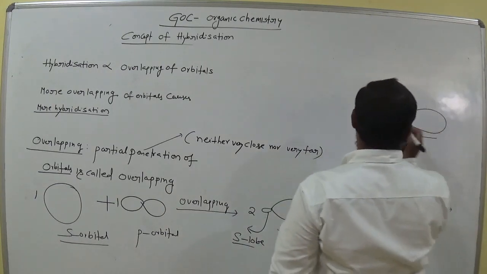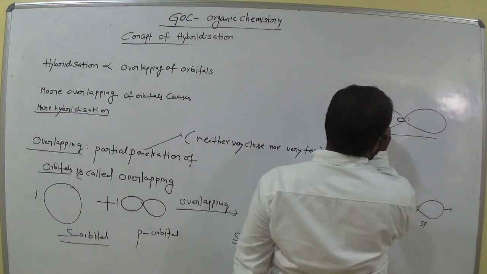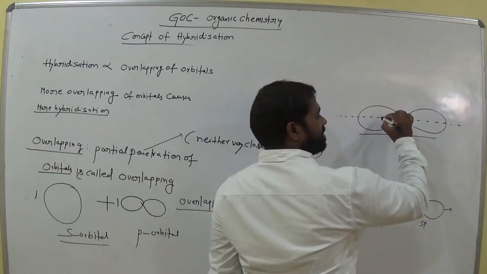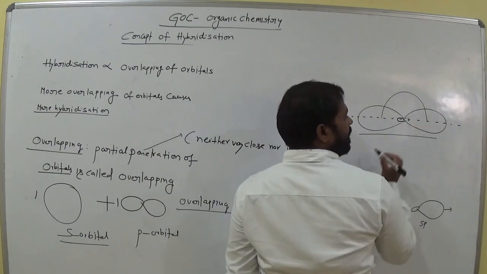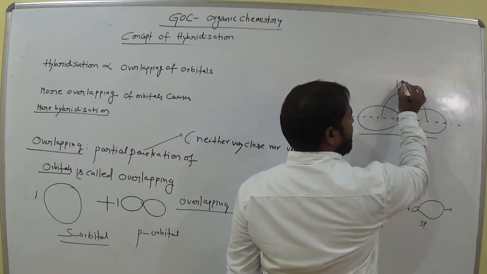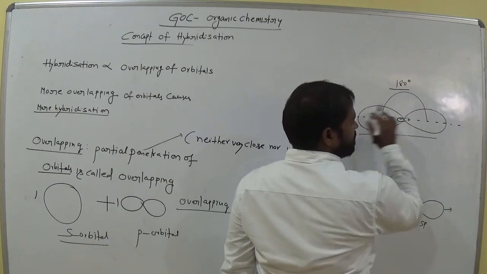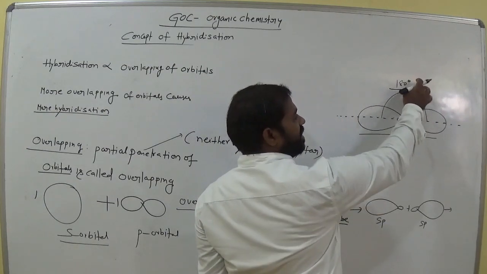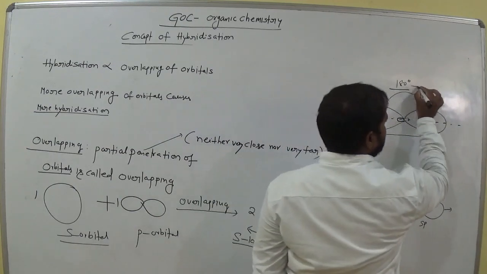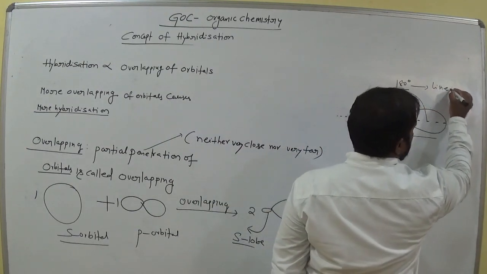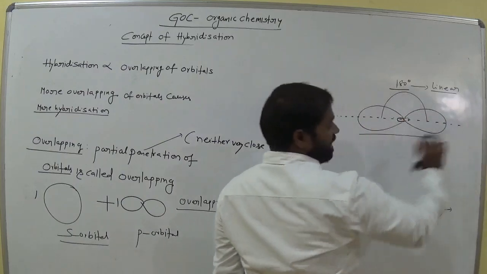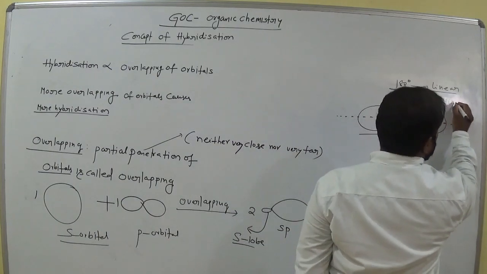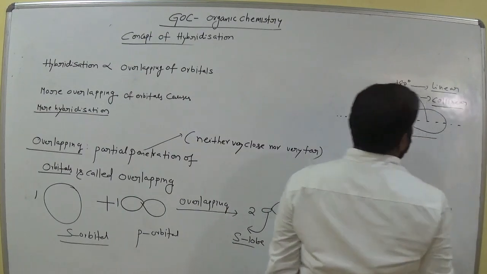Now it is in linear shape, a horizontal arrangement, or not? Horizontal. Okay. What is the bond angle here? What did we expect the bond angle to be in the linear shape? 180 degrees. Am I right? If we measure the bond angle, it is 180 degrees. So 180 degrees means we call it linear, a straight line. Straight line means mathematically we call it collinear. Am I right? Linear or collinear.